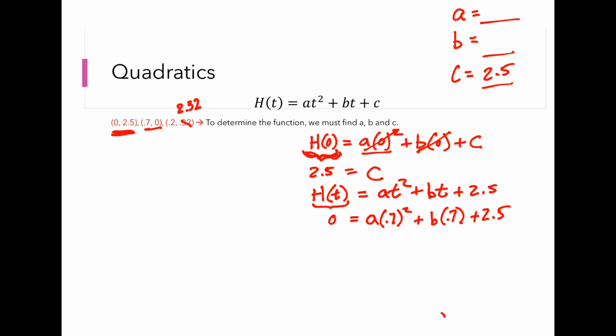And subtracting 2.5 to the other side, this ends up being 0.49a plus 0.7b. I just wrote them in a different order here, and this became 0,